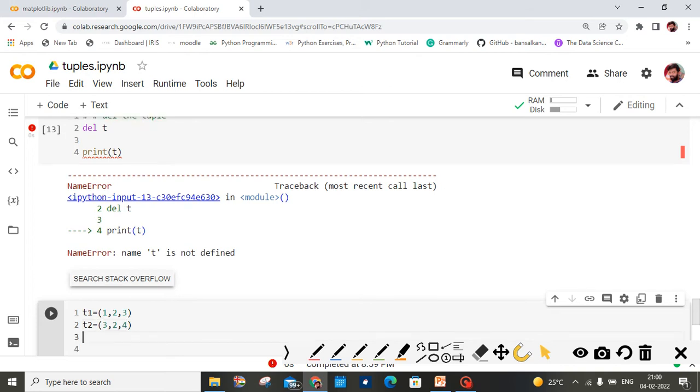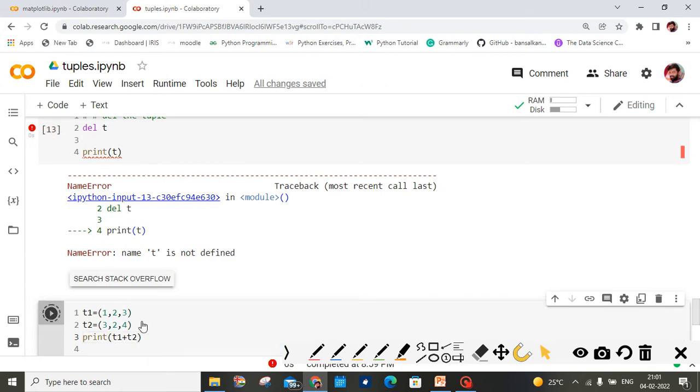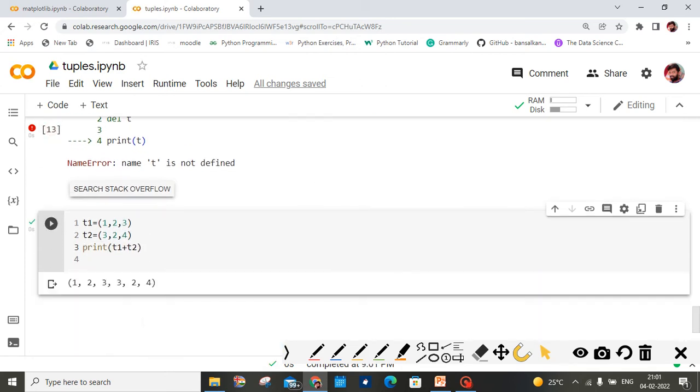Now do something: print t1 plus t2. What will happen? Look at this. This addition operation is doing concatenation, right?